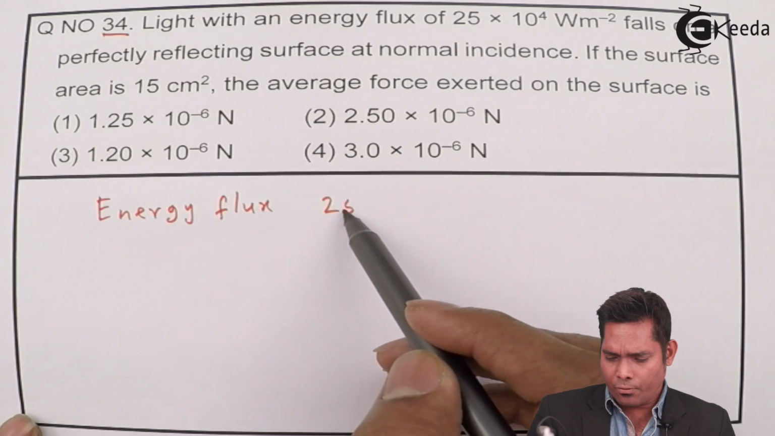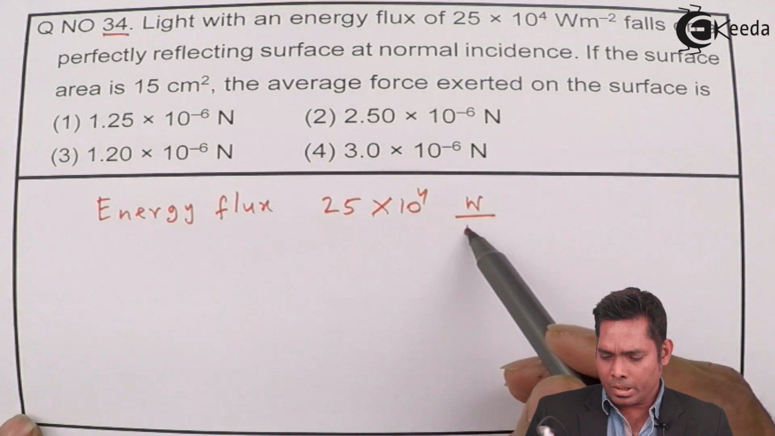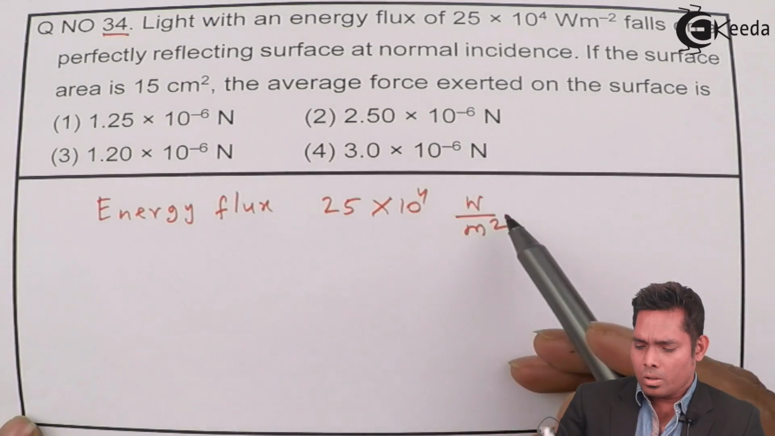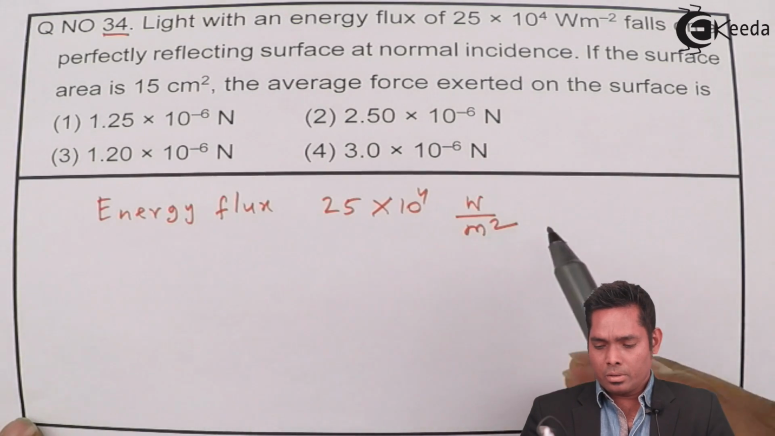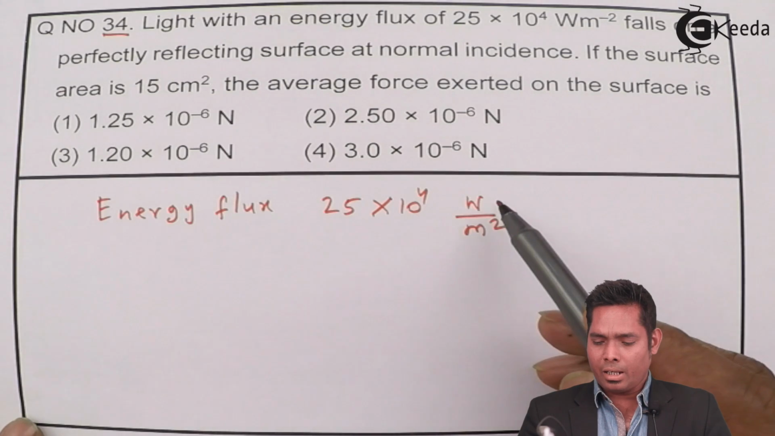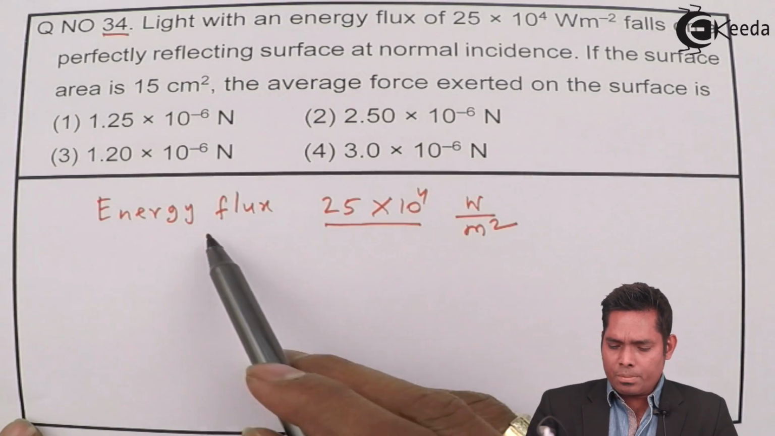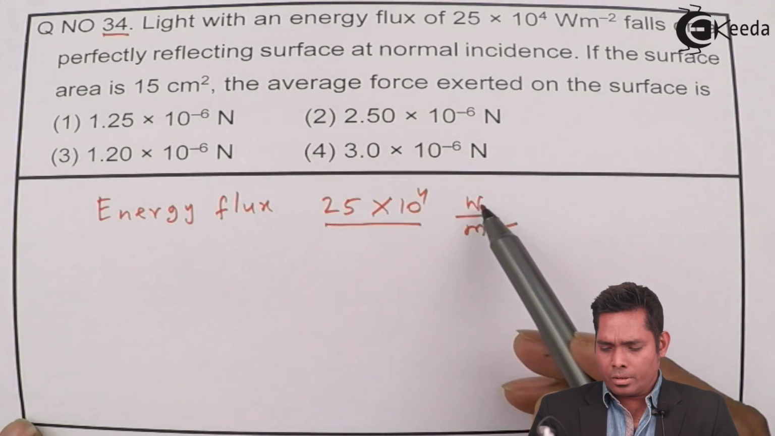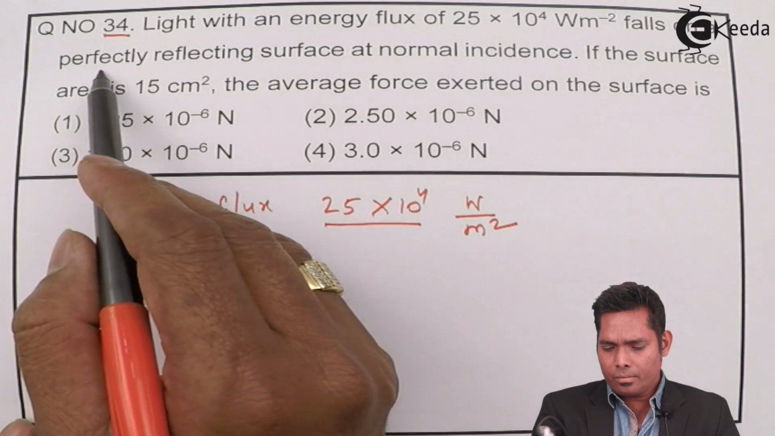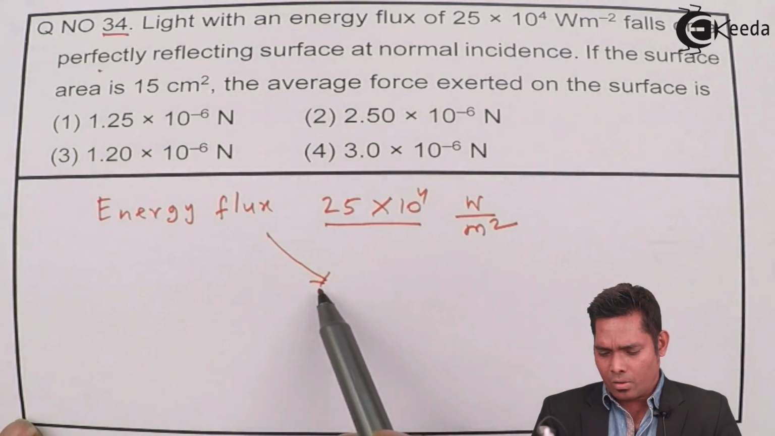Which is 25 × 10^4 watt per meter square. This is the power that is flowing out per unit area. That is the energy flowing out per second per unit area. So this much power falls on unit area of a perfectly reflecting surface. So this energy is actually incident on the surface